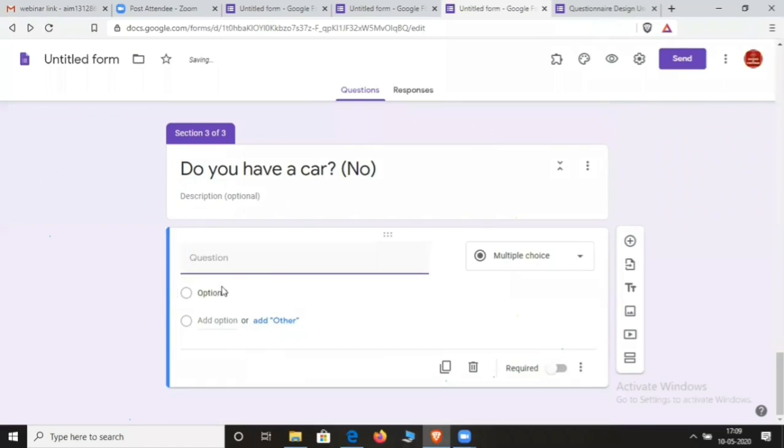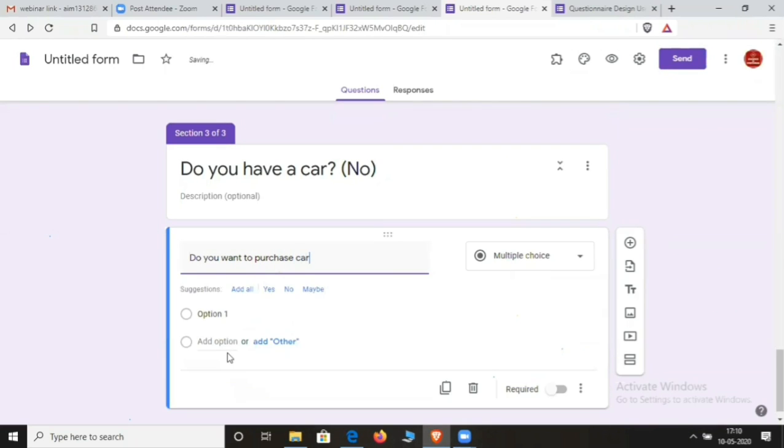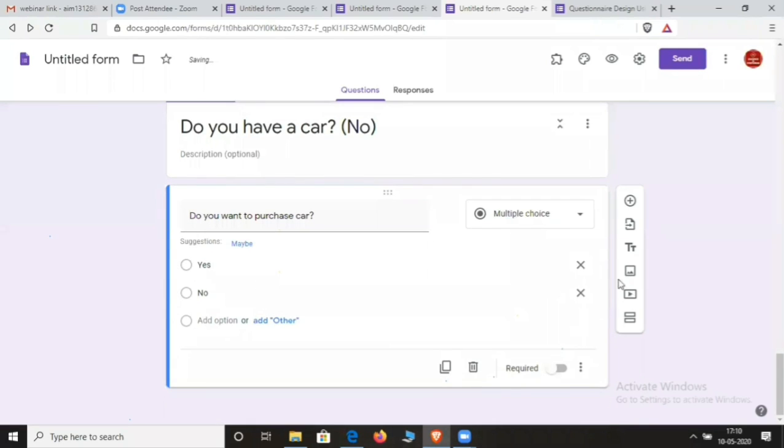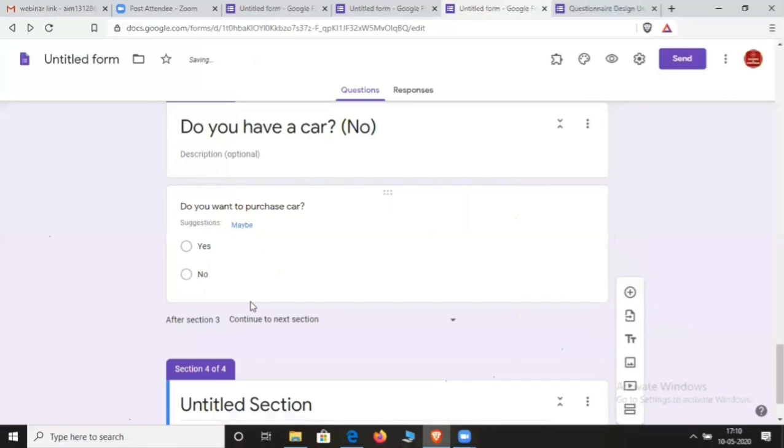Again, add the question. Do you want to purchase a car? Question mark. And again, you can give them the options yes, no. Then again, you can add a section here.